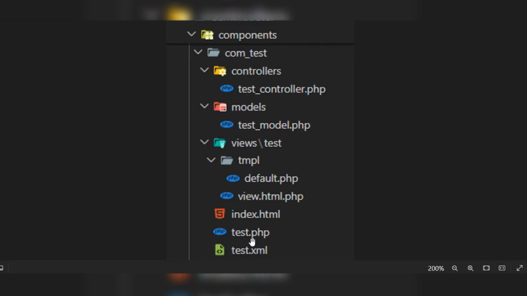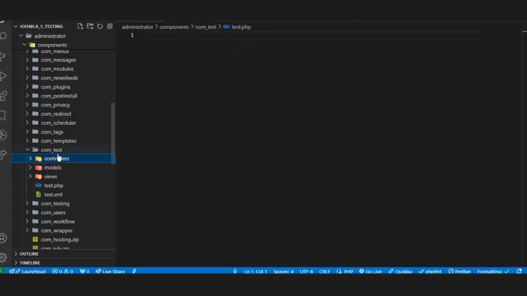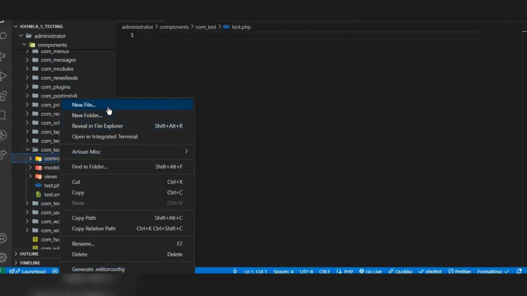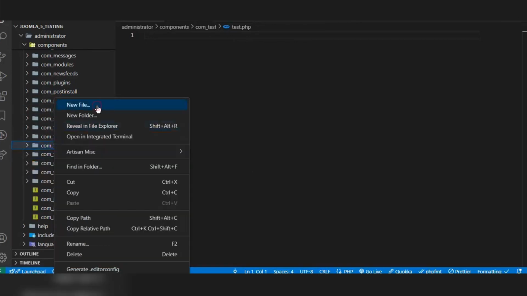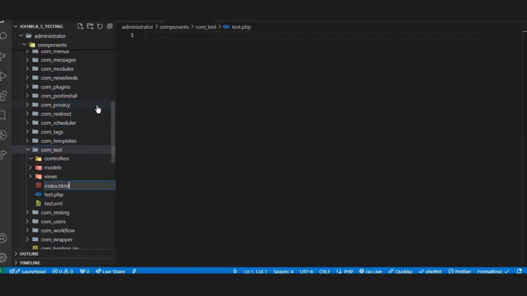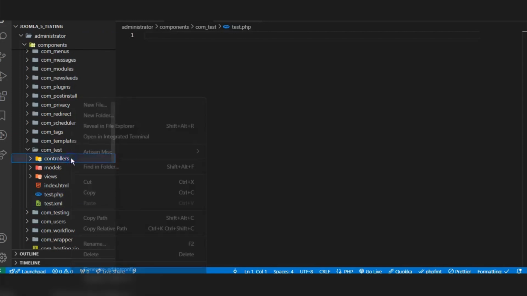So now we have to create the controller page, model page, and views. There is also index.html in components. So let's create it in, sorry, not in controller, in the project directory. This is not very necessary, but these two files we have to create first, and then model, views, controller. So in controller I will create